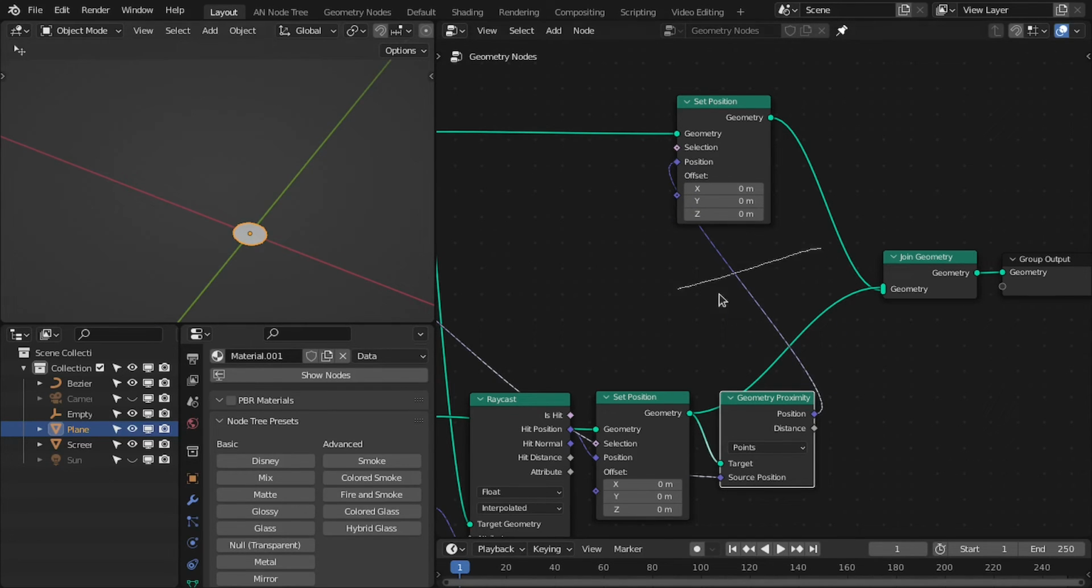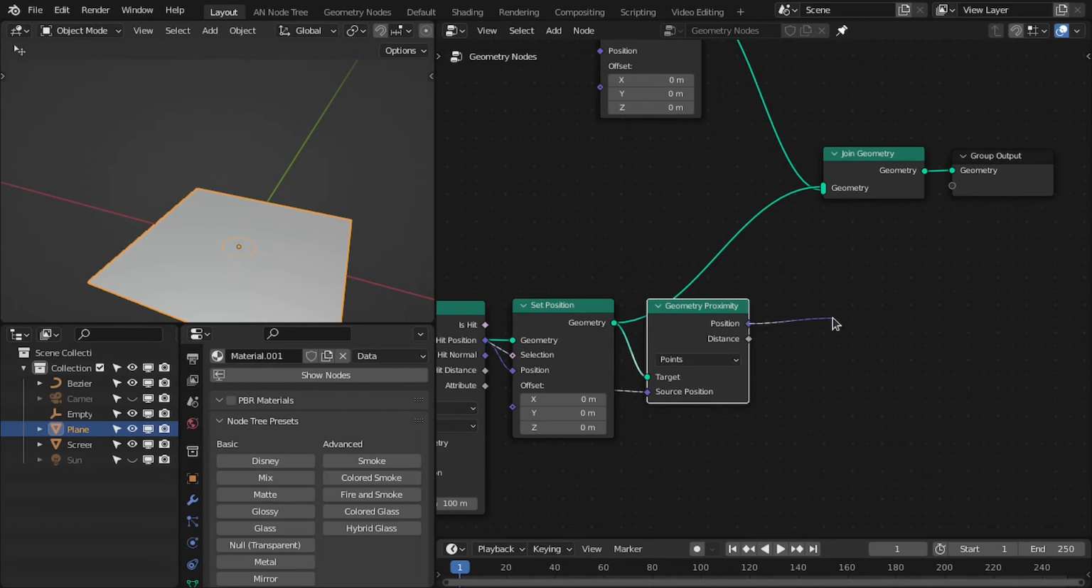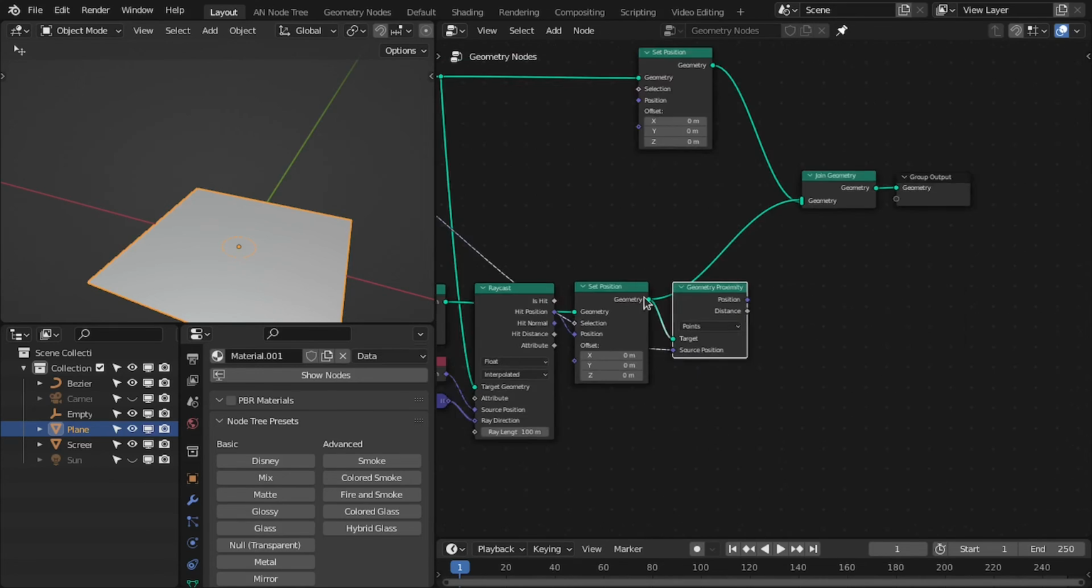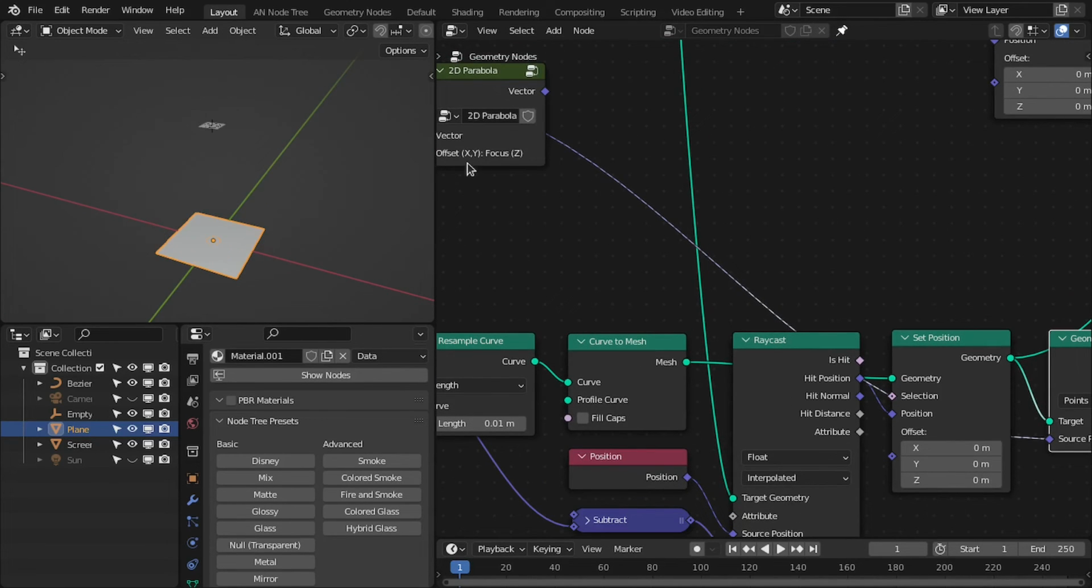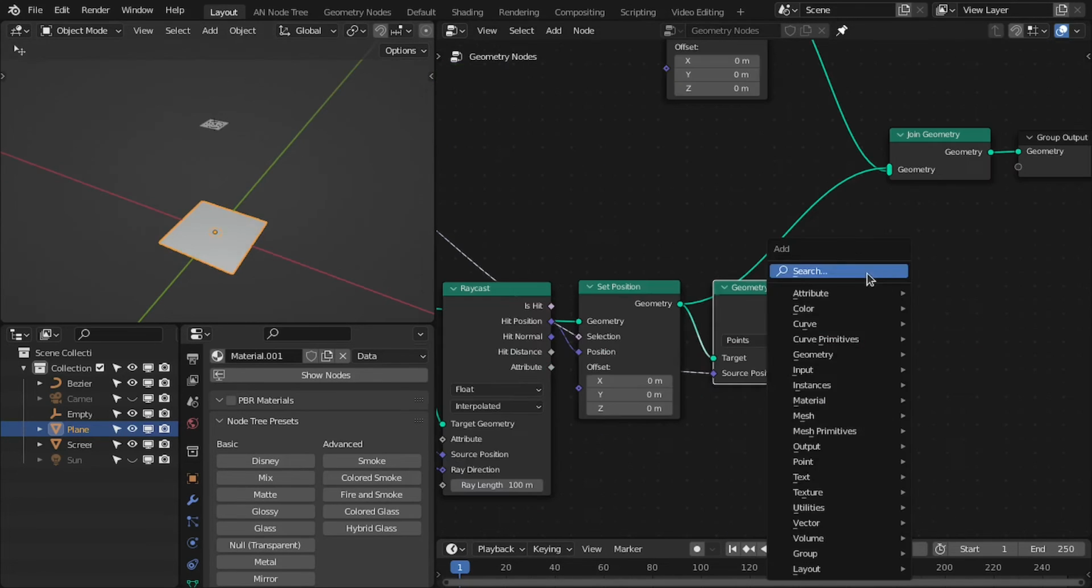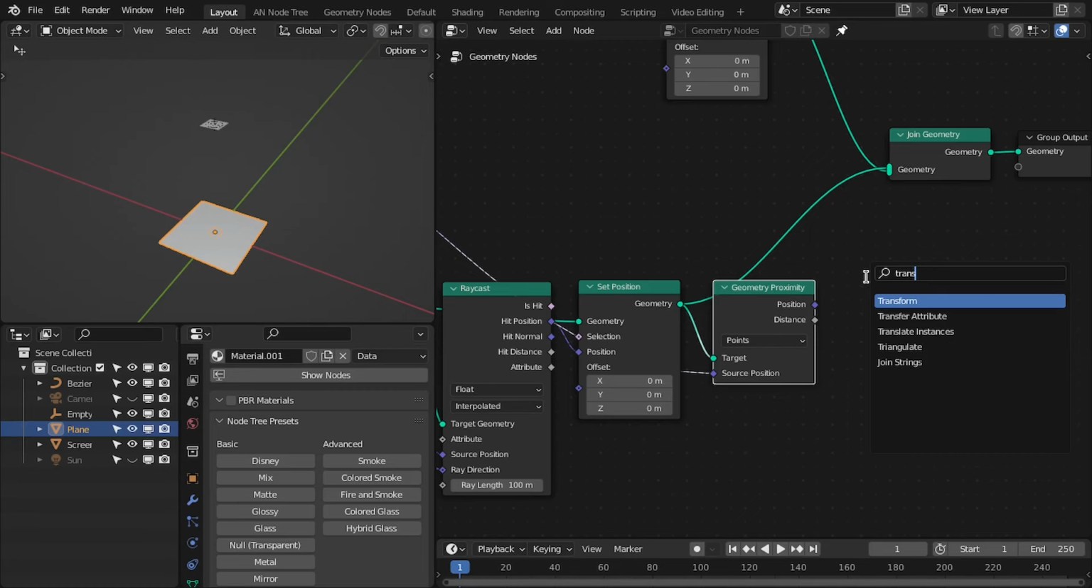But we don't want the position of those circle points. We want its index, so that we can get our original points of the circle which is not projected on this mesh. That way we can get its x, y, z and also the focus. So let's add the transfer node,